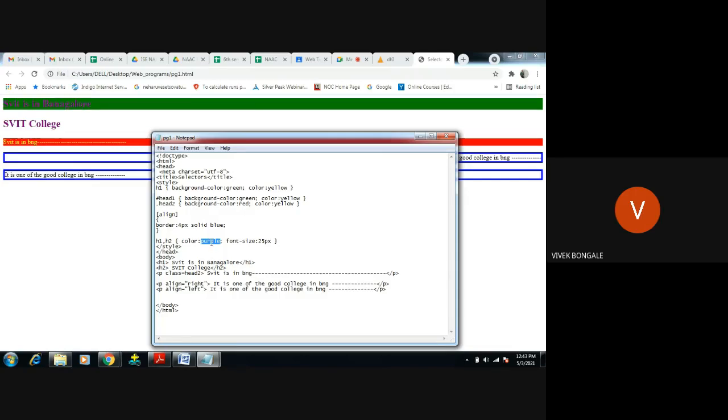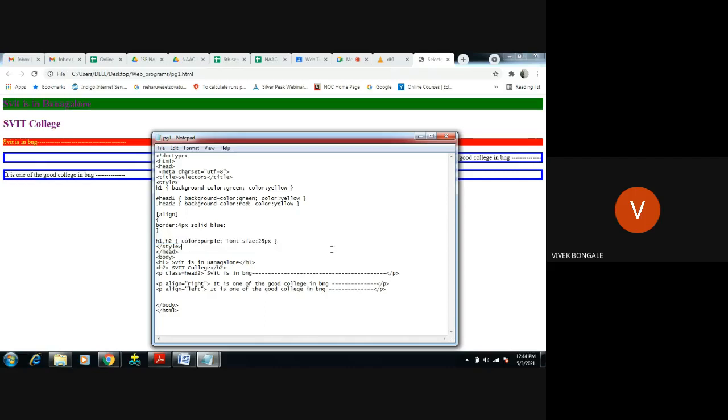So I will come to this part later. Next concept is only this thing. So this is the group selector. The group selector will apply the same CSS rule on multiple HTML elements. We can apply the same rule like this. This is the syntax, the format of applying the group selector.